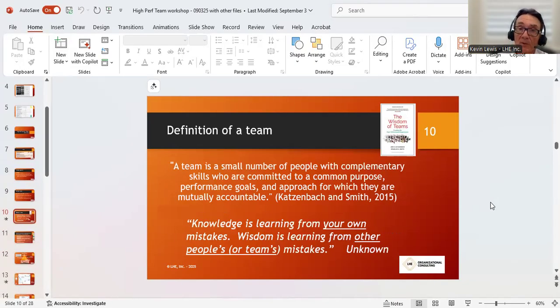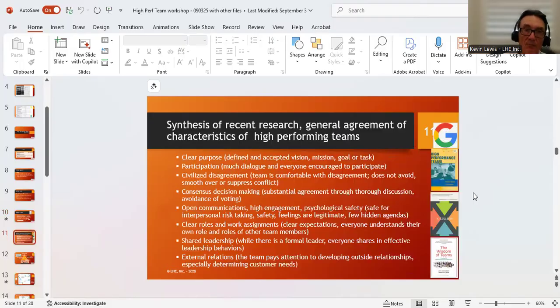And then after that, the definition of a team. I like getting an operational definition of it. This is from a really good book called The Wisdom of Teams. Read this, see if they have a definition they like any better, whatever, and then kind of walk through that.